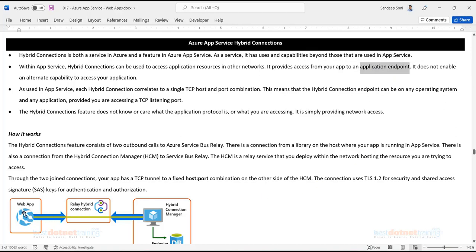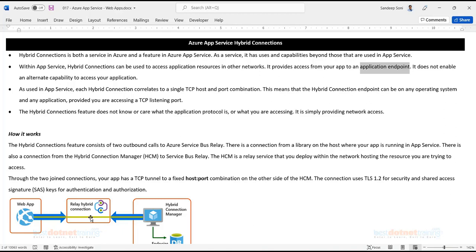So from here, in Azure, we will have a hybrid connection created, which is actually managed by Azure Service Bus. This hybrid connection is managed by Azure Service Bus.